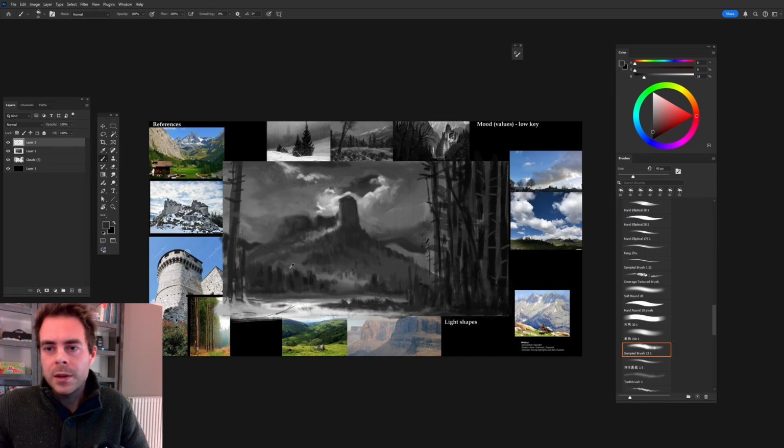So I guess that would be it. From now on, it's more detailing and basically bringing it to a level of finish. So I hope this was a little bit helpful,